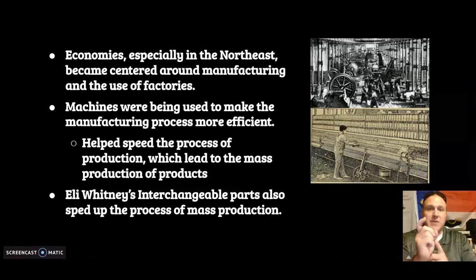So let's say the hammer part that fell down and ignited the gunpowder broke. If you didn't have interchangeable parts, you'd have to toss that gun for that one little part. So the idea of interchangeable parts made it, hey, why don't I just mass produce this little hammer piece? I know that hammer piece breaks all the time. So if you're on the battlefield and that little hammer part breaks, unscrew it, throw it away, put on that interchangeable part, screw it back on, reload, and fire.